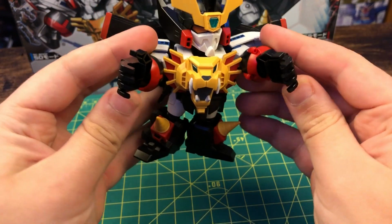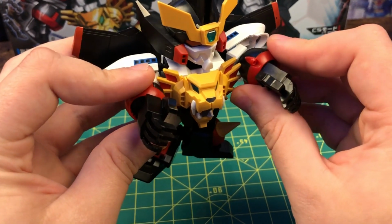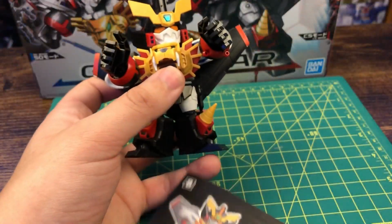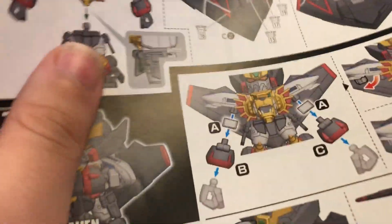What the hell? Hold on. Are you kidding me? The arms don't even have proper articulation to reach each other. You can't even clasp the hands. What was the point of including this if you can't even... What is this? What is this? Oh,